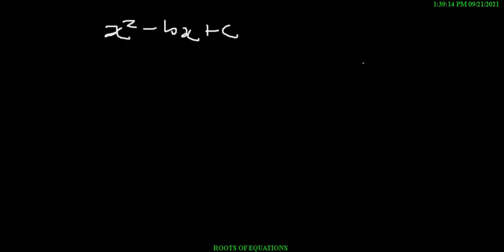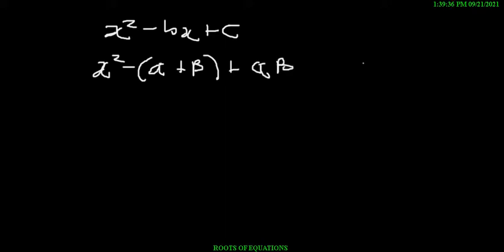Let's say we have this quadratic equation here. So the roots of the equation would be x minus alpha, x minus beta, which gives x squared minus (alpha plus beta) x plus alpha beta. So in this equation, whatever you find for alpha plus beta, you would simply put it into this equation, just replace. So alpha plus beta